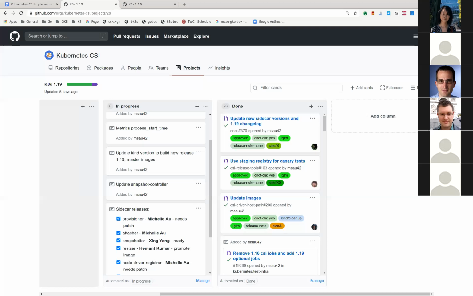I've now added some automatic conflict resolution to my helper script, and using that, I've created PRs that update all the different projects with a commit that is a squashed combination of the different changes in the CSI release tools. So that's what's currently pending. If you are a project maintainer, that's the PR that is open. How much it changes in CSI release tools depends on how up to date the project was before. If you look at the actual diff, you will see mostly documentation changes, I think, in some projects. So it's not